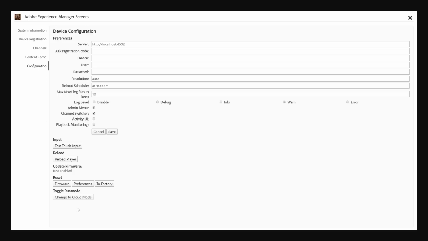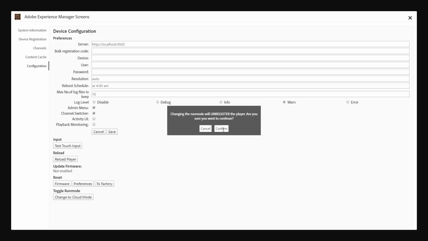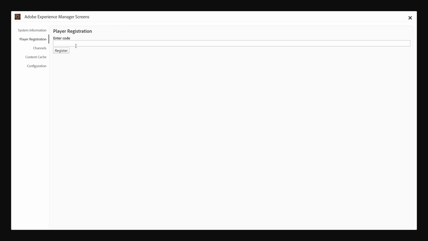So what I'm going to do is go to cloud mode here, and then I'm going to use the code that they gave me, the registration code, and I'm going to see if I can type it in without messing it up. All right. You would think as a technician that did this day in and day out, I'd probably have this memorized by now, but I don't. Okay, so now I'm going to register this.